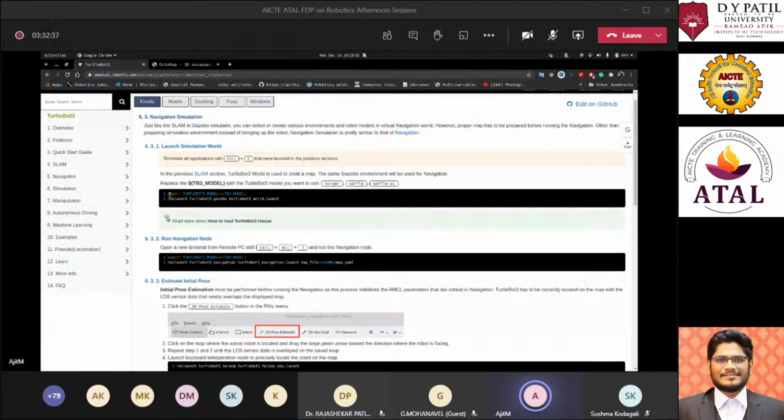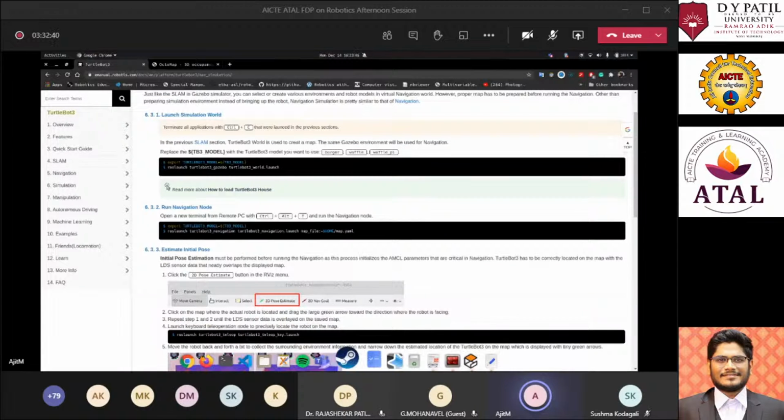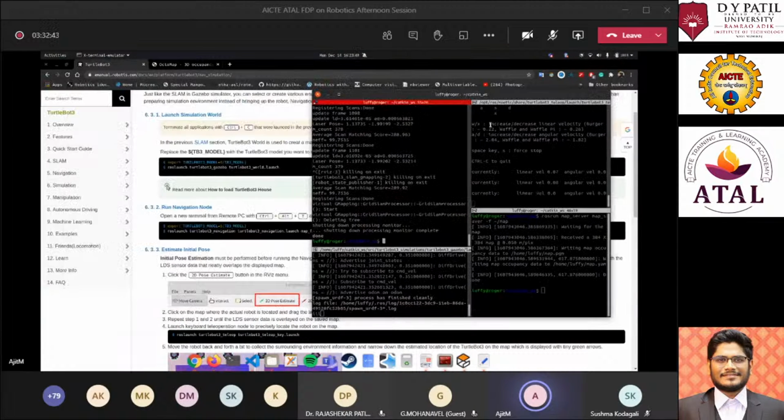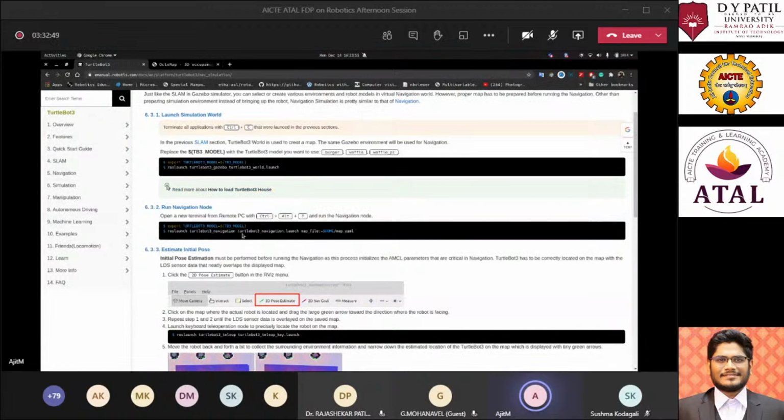So here, again, I'll go back into my terminal and turn off my teleop twist keyboard for controlling the robot. And I'll first take in the map which was previously generated. So here is the navigation. This navigation stack is what I was talking about. This Turtlebot navigation is the package, and it takes a parameter of where your map is. So here you can see it takes in the YAML file, and if we go back into the terminal, we use this.